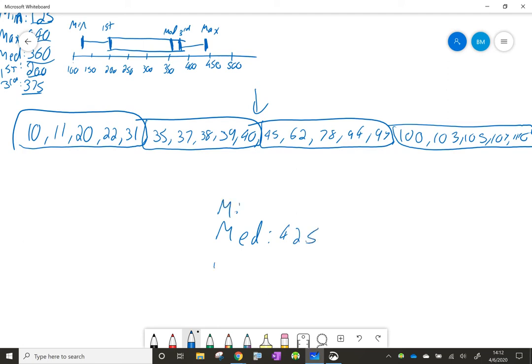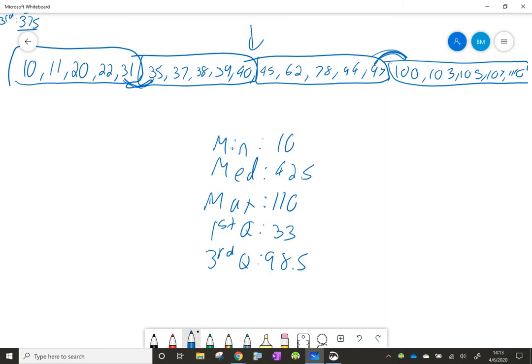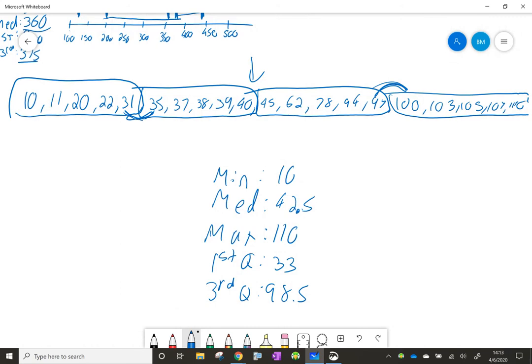My minimum would, of course, be 10. My maximum would, of course, be 110. My first quartile would be somewhere between 31 and 35, so halfway between that is 33. And my third quartile would be halfway between 97 and 100, which would be 98.5. Right, that's if I found those values. Right now, the median is 42.5. Now, if I make a box plot here, my box and whisker plot